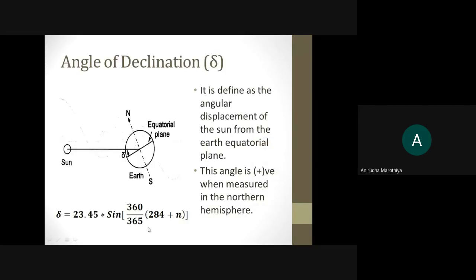Now if you see the previous slide, from this equation, can you tell me what will be the maximum possible value of del and what will be the minimum possible value of del with respect to this equation? What will be the maximum possible? Yes, the maximum possible value of del is plus 23.45, because ultimately, if you see this square bracket, whatever is inside the square bracket is ultimately an angle and the sin of an angle. So if you know the variation of sin, you can easily find out the variation of del also. The highest possible value of sin is 1, and the lowest possible value of sin is minus 1.